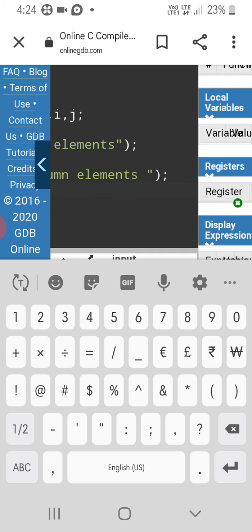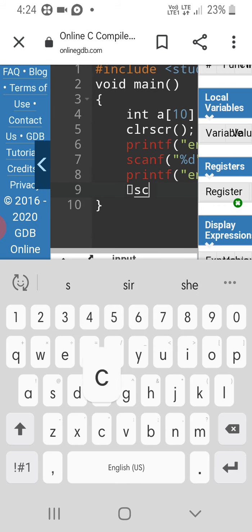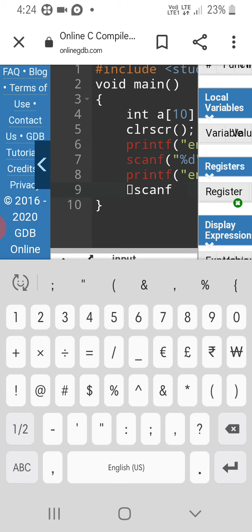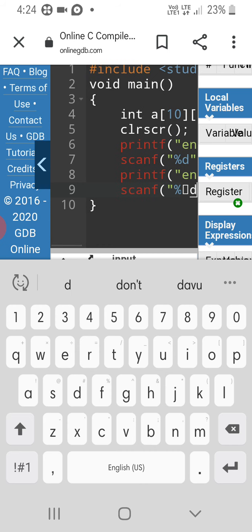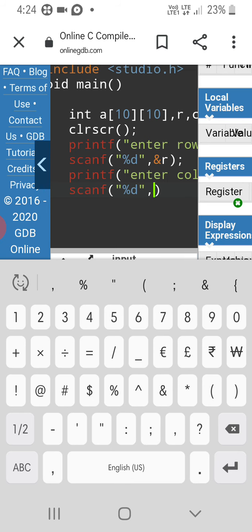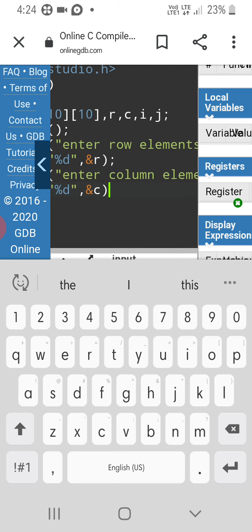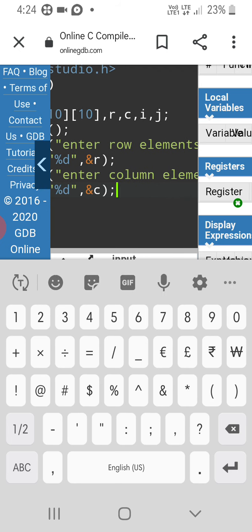And we need to catch these column elements also, so we require a scanf statement, that is %d, &c. So from here we completed the entering of row elements and column elements.